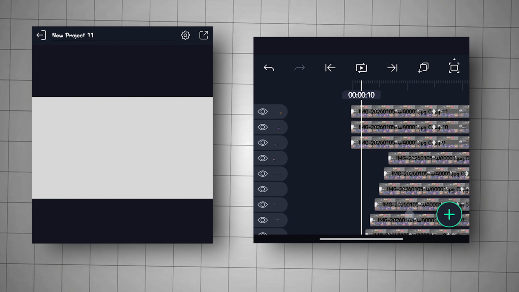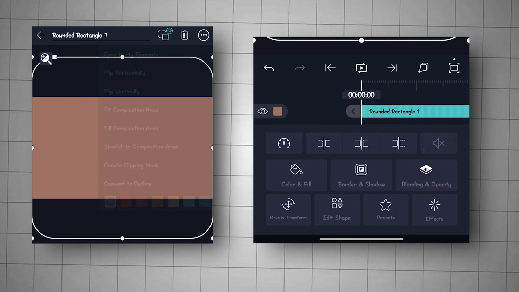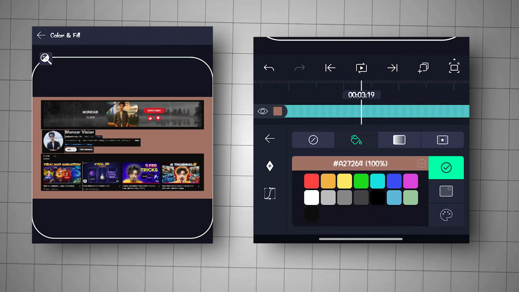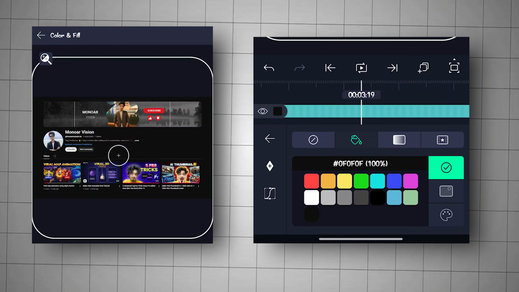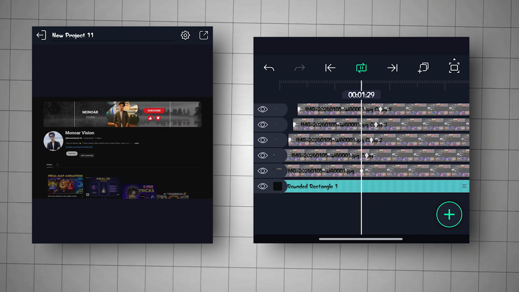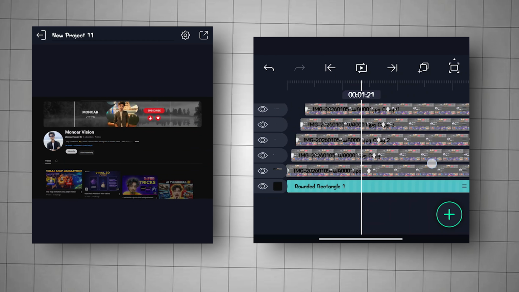Now add a rectangle shape layer and place it below every other layer. Now go to color and pick the background color from the screenshot like this. As you can see, the screenshot is blending with the background very smoothly. Our basic screenshot animation is ready, but we will make it more interesting and engaging by adding 3D camera